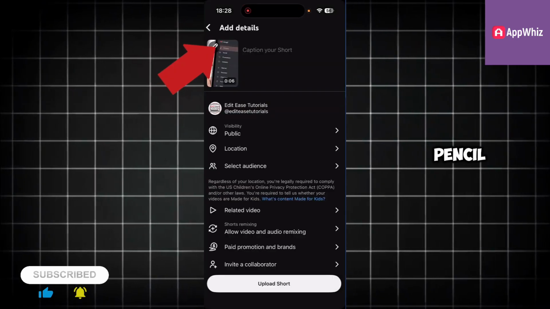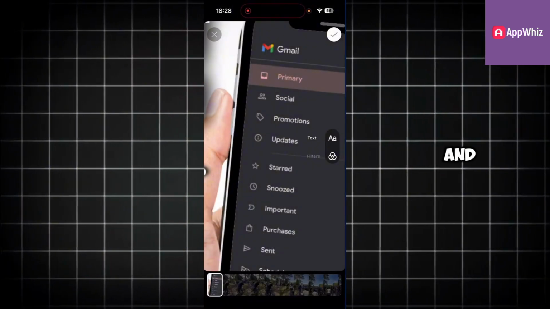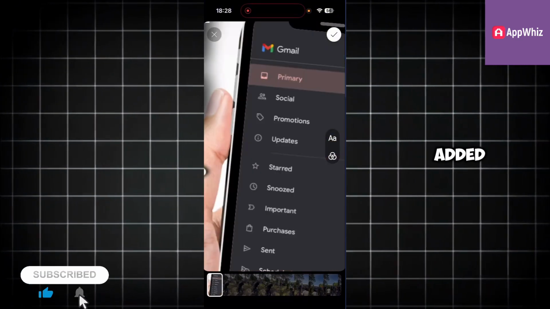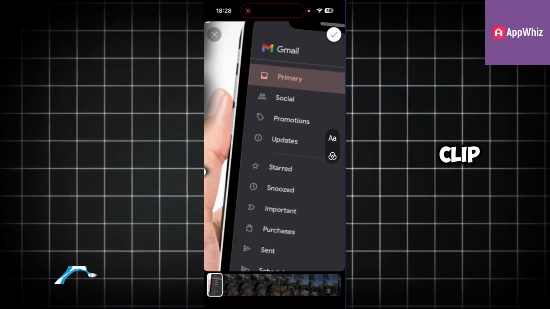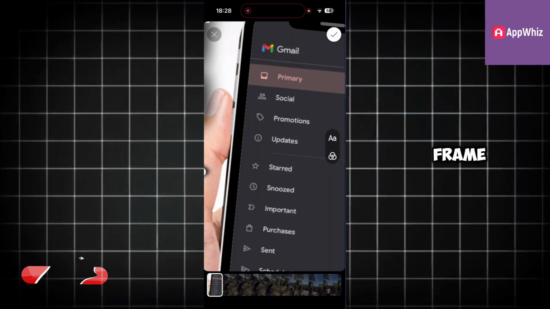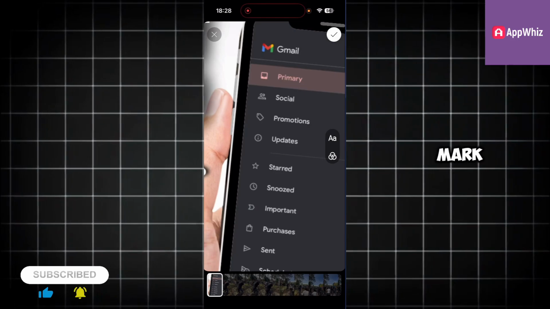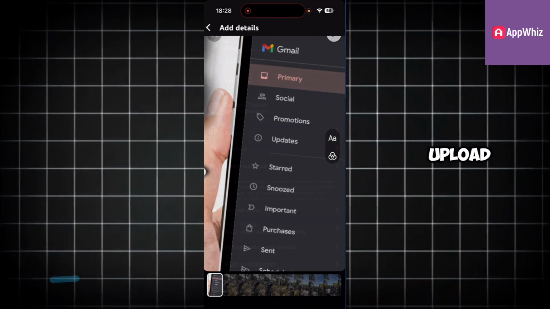Now tap the pencil icon in the top left corner, and you'll be able to choose a frame from your video as the thumbnail. Since we added the thumbnail image at the very start of the clip, you can now select that first frame to use as your custom thumbnail. Once you've chosen it, tap the check mark in the top right, and then press Upload Short to publish it